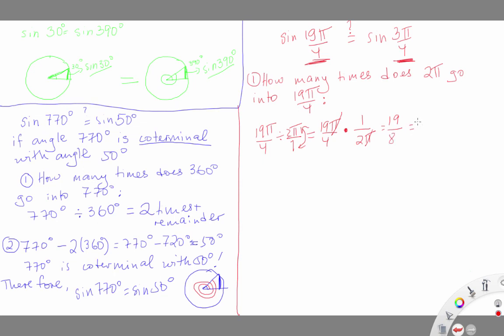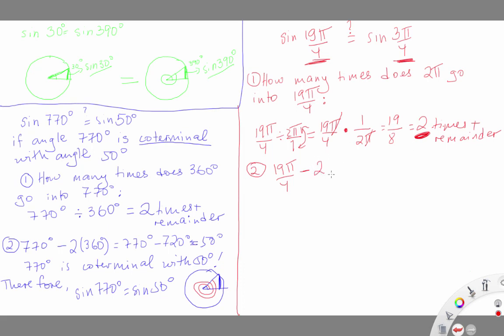If you plug this into your calculator, you're going to get something like 2 point something. So it's 2 times plus some remainder. Now we're going to go to step 2. Step 2 is exactly the same as the one we used for degrees. We're going to take our original angle, 19 pi over 4, and we're going to subtract those 2 times we went around, the 2 times that the angle's going around the circle,